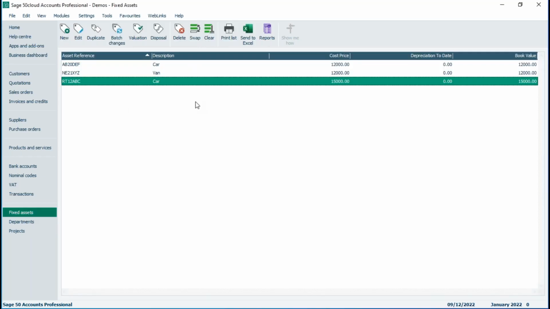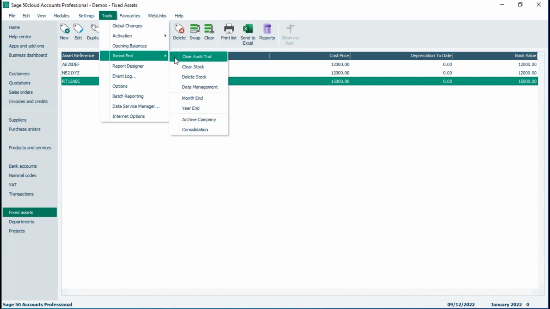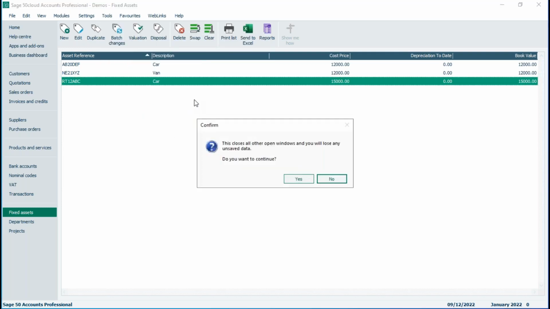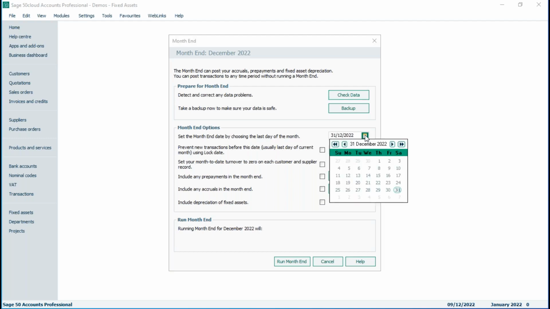We've got our three fixed assets set up. I'm going to pop into the tools menu, choose period end, and then choose month end. Just click yes to close any other windows, and we've got that month end option. Now what I'm going to do is go all the way back to January in this instance